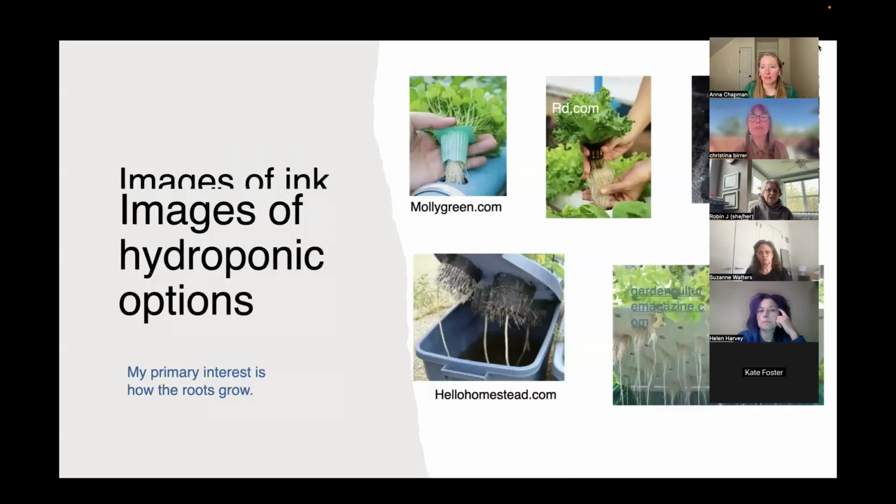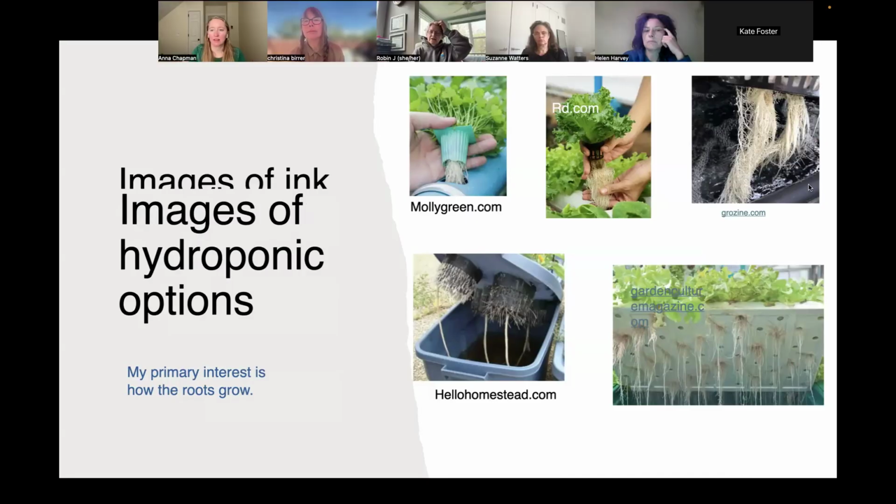At the beginning of all of this, I was looking at different ways of growing grasses and other kinds of plants hydroponically because I wanted to access the root systems. I didn't want to grow any of the plants in soil because that was just going to make being able to access them that much more difficult.